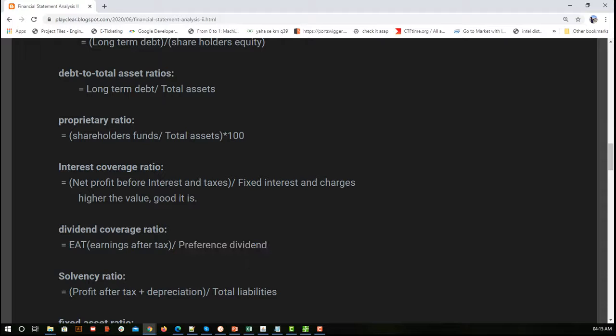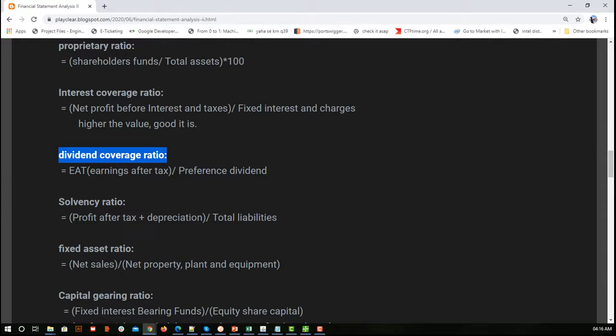Okay, so here we are trying to see that after I pay the taxes, the earnings that are left, if I divide it by preference dividend, means what part of the earnings I have to return to preference dividend. 10 is to 1 means 10 is my earnings after tax, and out of that one part is something that I have to return back to preference dividend. So that is my dividend coverage ratio. So here, how much is the coverage of the dividend on the total earnings after tax. Okay, so that's how you read this as a statement.